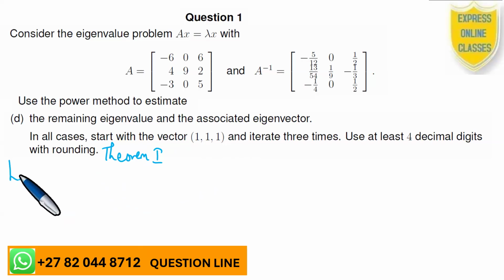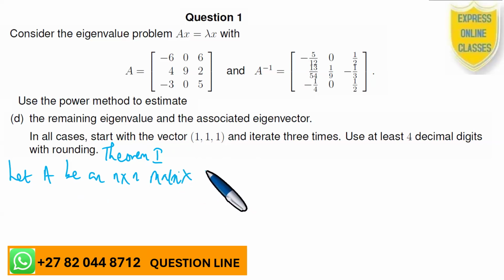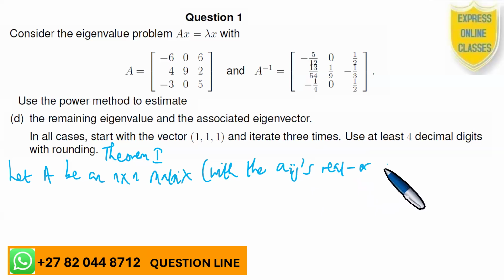The theorem 1 actually asserts that you let A be an n by n matrix with the aij's real or complex valued. So we then say, then